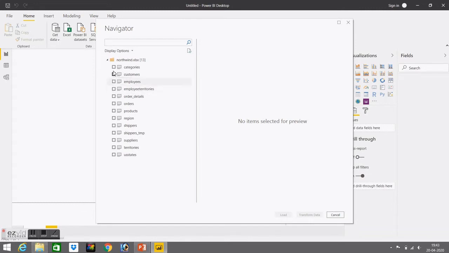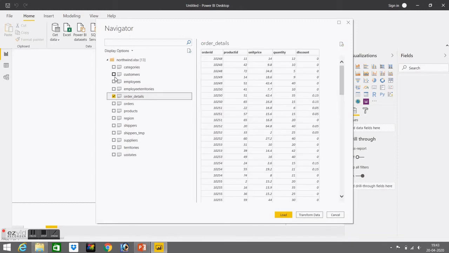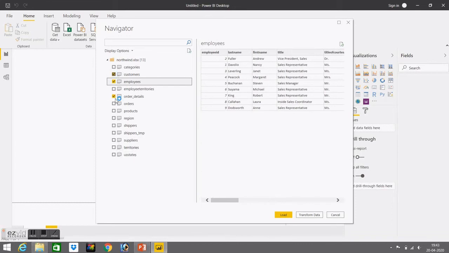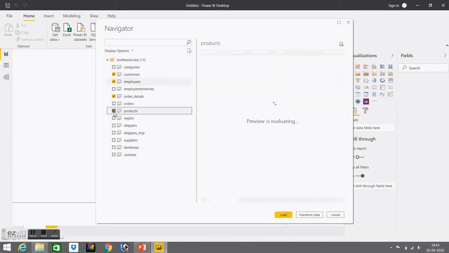Here we get many tables: categories, customers, employees. We can choose any tables randomly. I am going to choose order details, customer details, employees, product, region. That's it.